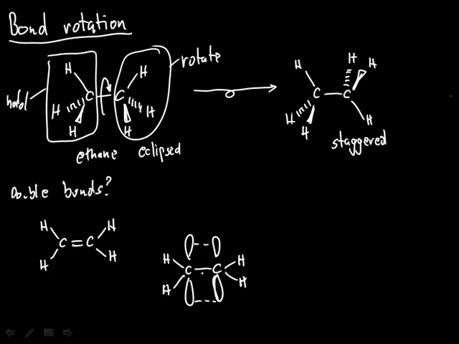Now the rotation around this single bond is forbidden, because if you try this with models, you will notice that in order to achieve the rotation around a single bond, you have to break the double bond, and that of course changes the system we're talking about and is